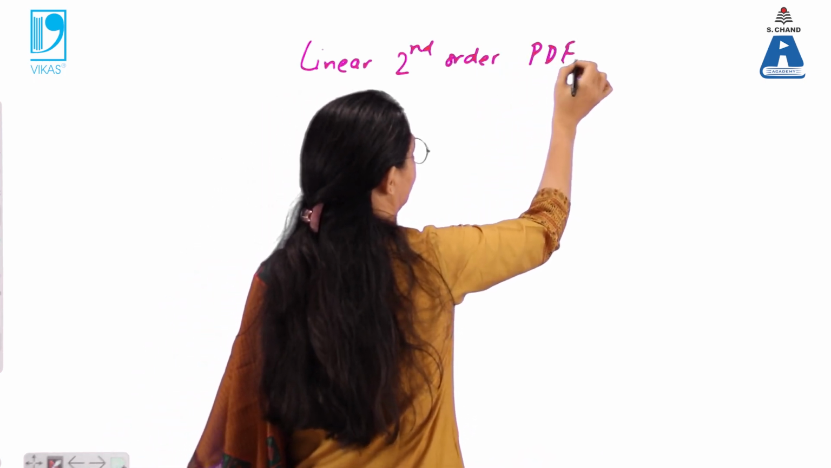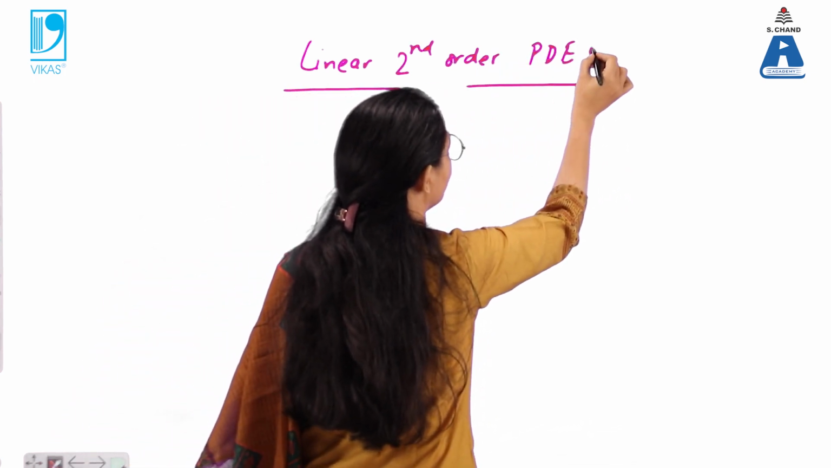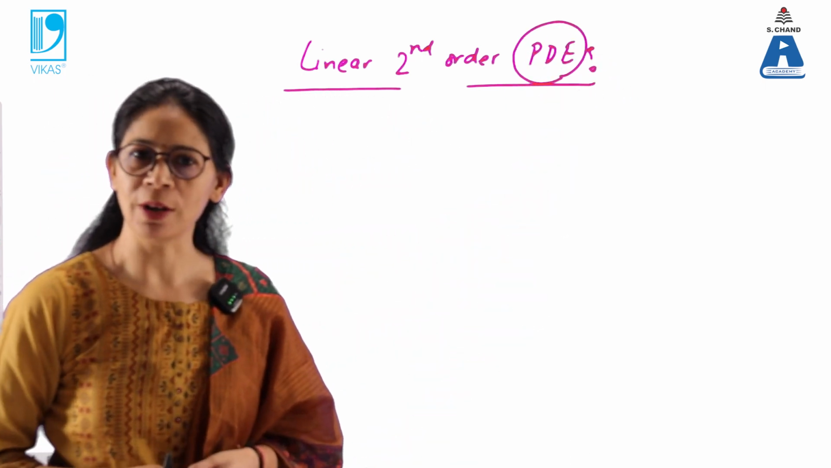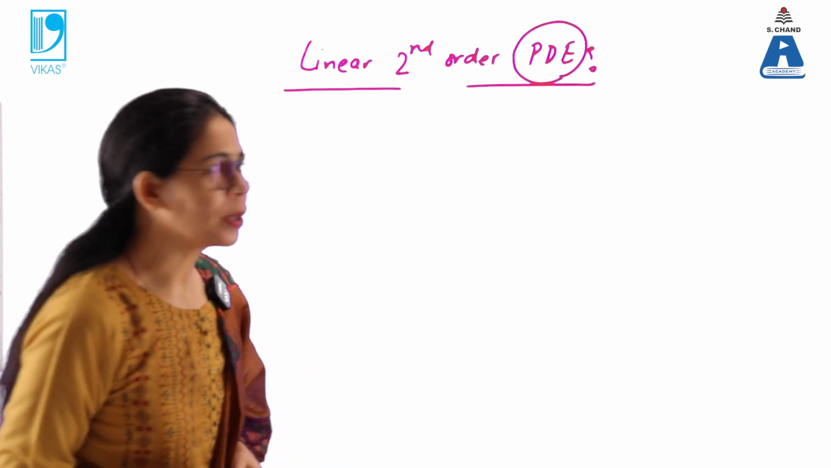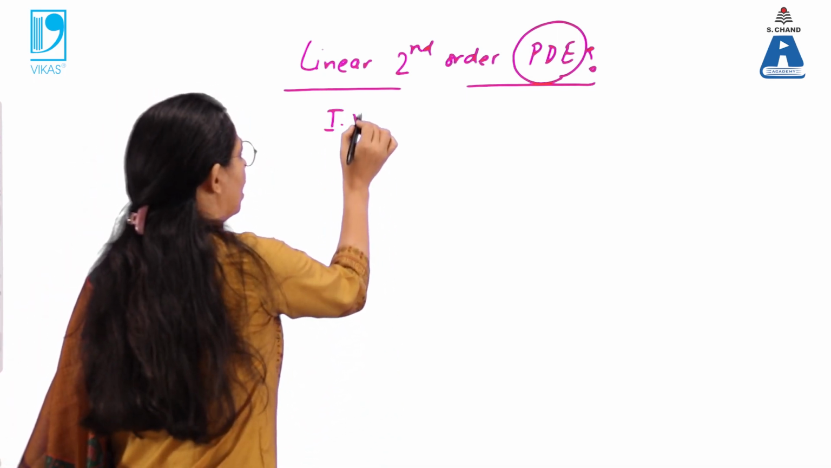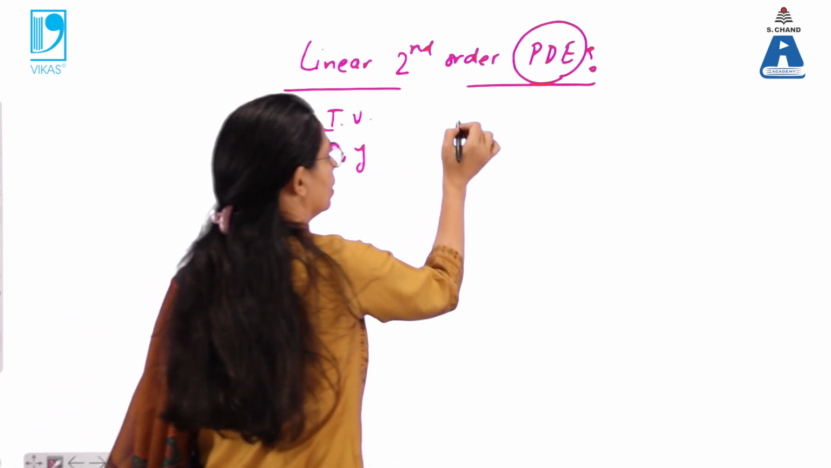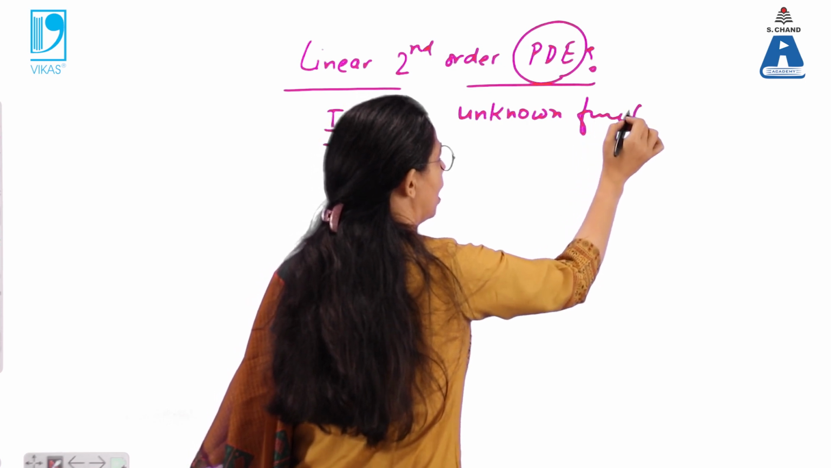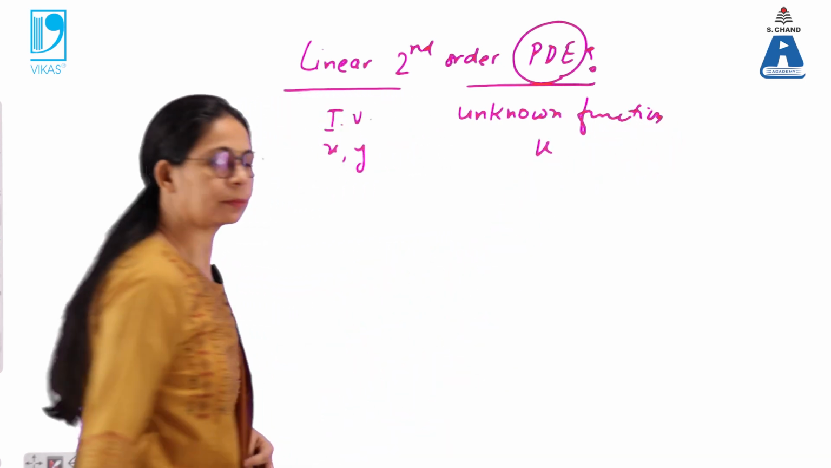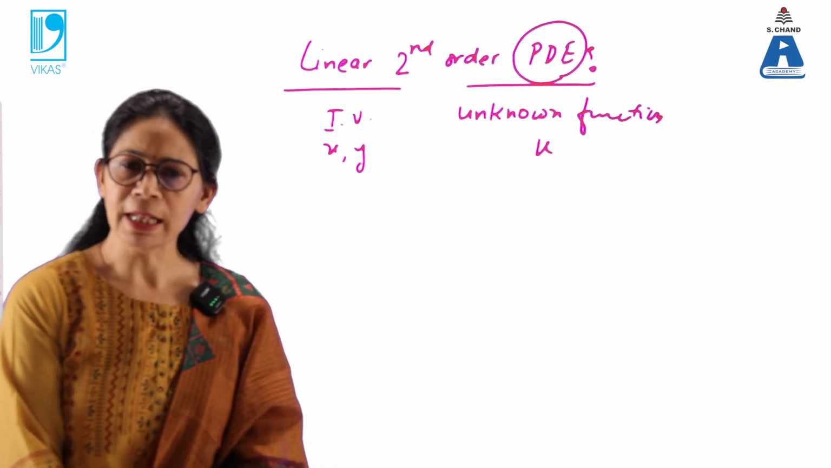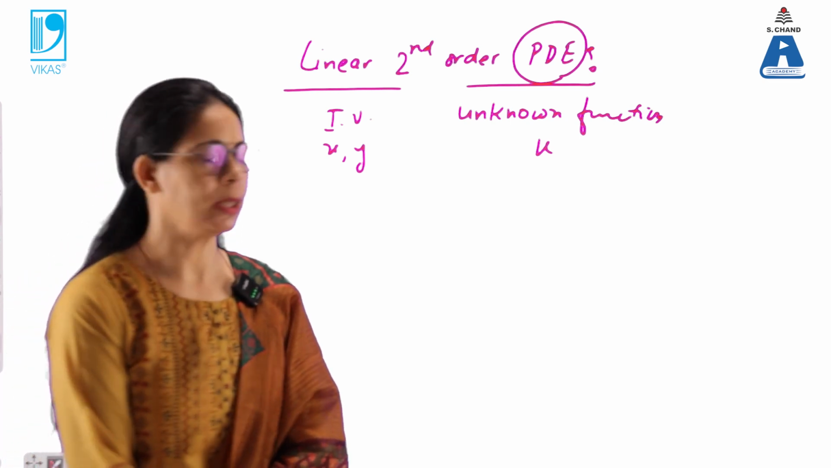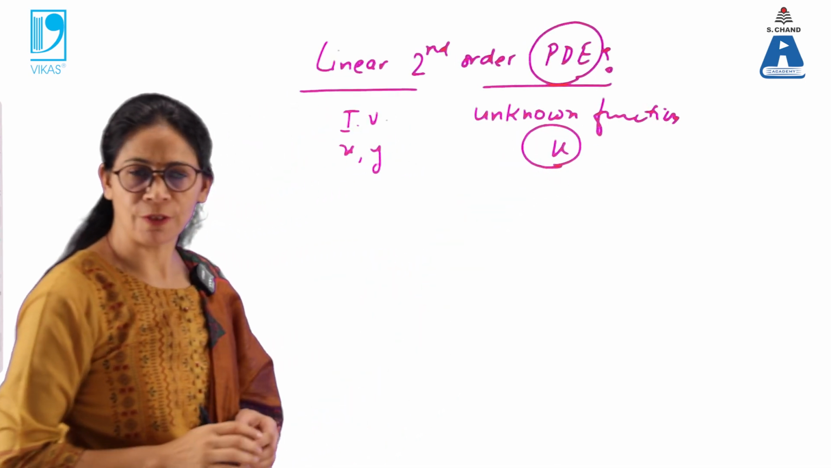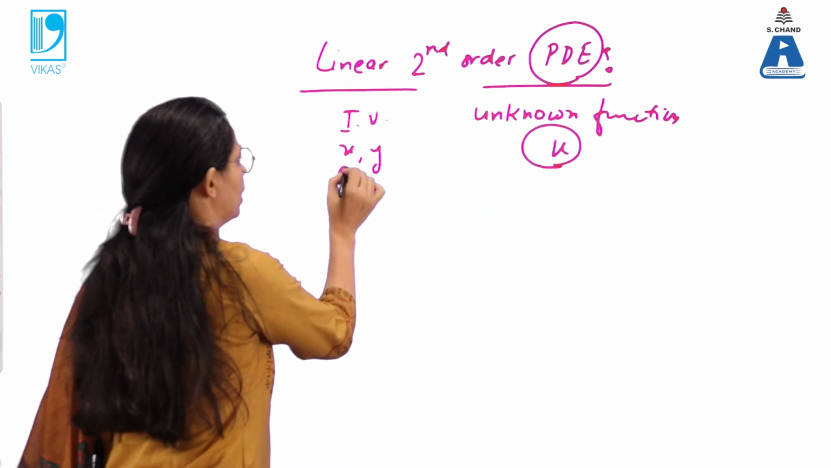partial differential equation. We have already made it clear that the abbreviation PDE is being used for partial differential equations. So, here our independent variables are, let us say, x and y, and the unknown function is u. If it is a linear second order partial differential equation, then it will involve the second order derivative